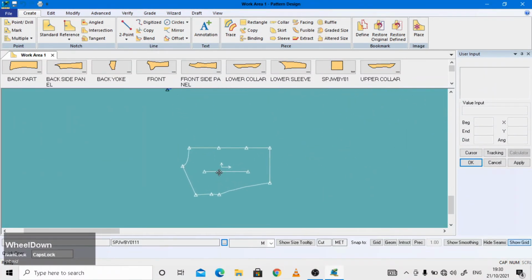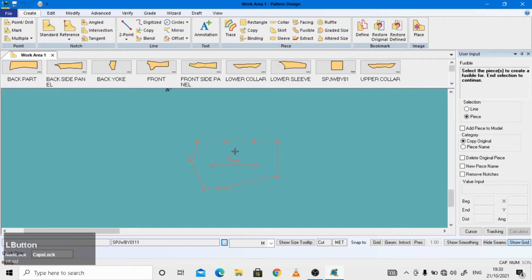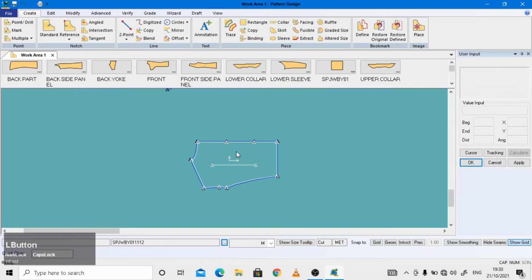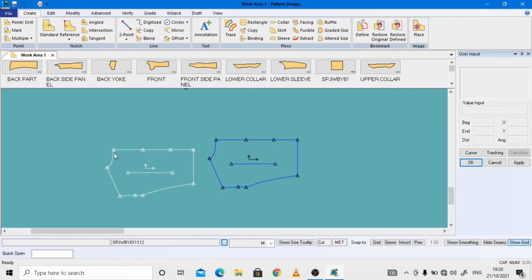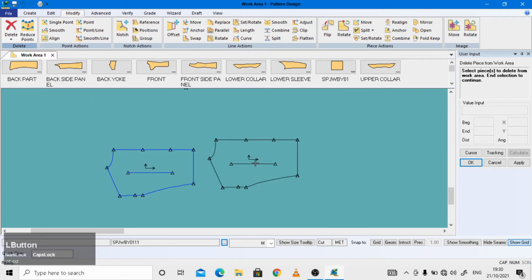Okay, so now still we have to do some changes in that. So you have to go create usable, select this piece, right click and then OK, minus 0.3 and hit the enter button, right click and then OK, and this components would be your exact back shoulder reinforcement components. So now we have to go modify delete piece, and this one piece we have to delete, and